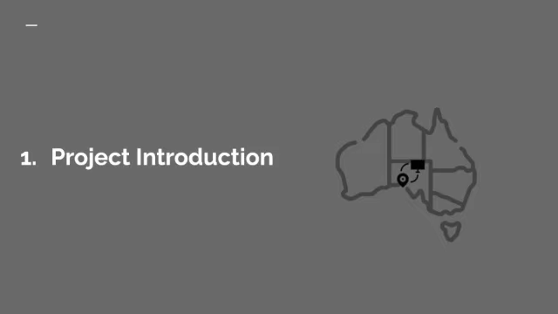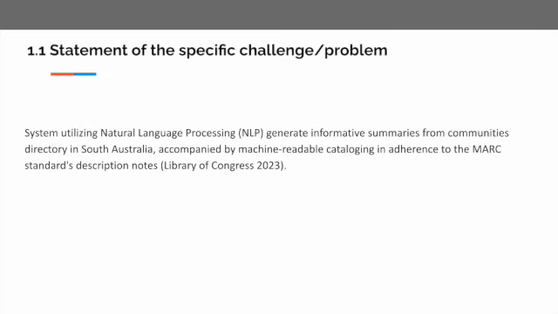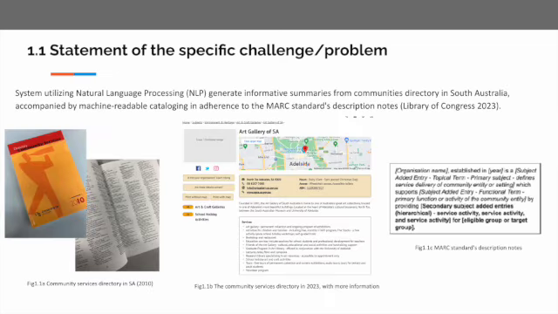To begin with, let's start with a short introduction. I'm focusing on leveraging NLP to automate the process of generating summaries with a specific standard. The standard is widely used in library and information systems. Back in the old days, the community service directory in SA was a physical print with simple categories. Nowadays, this directory is digitalized, and also gives us more information like services they offer, when they are open, or even